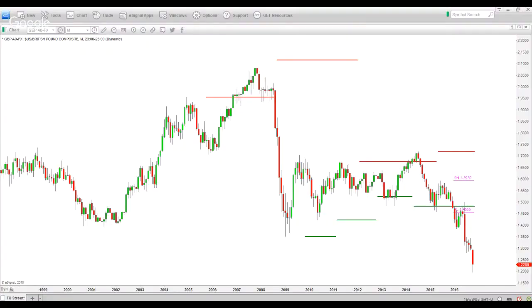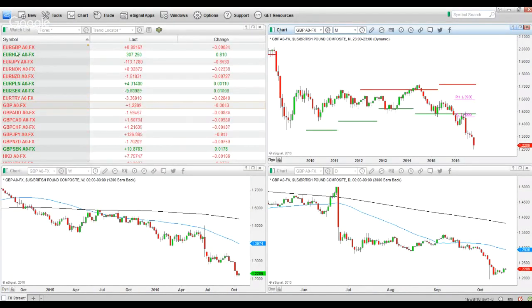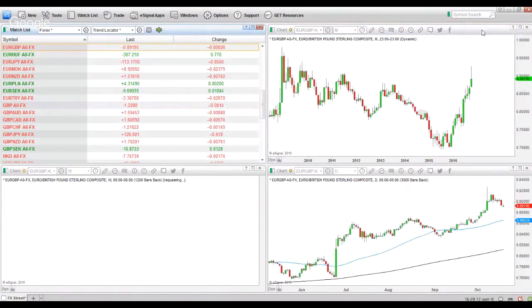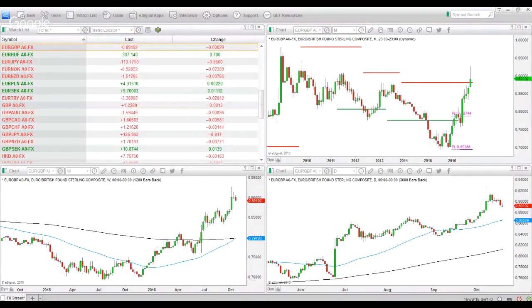Fine. Okay, so let's just go back. Let's stick to the pound dollar. In fact, let's quickly go to the euro pound, if you missed the euro pound, just so that you can see this. Can you still see my screen, guys? Can I just get a yes that you can see my screen, that you can see the euro pound? Yeah, okay, fantastic. Okay, you heard me, B. Okay, thank you.